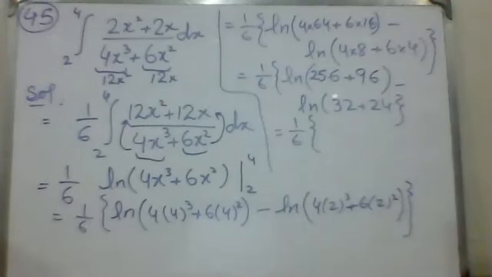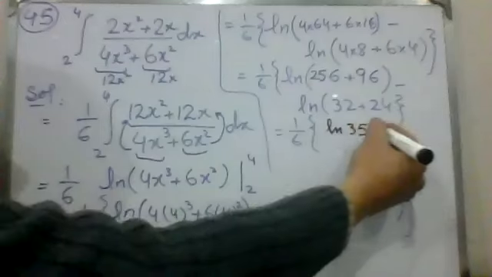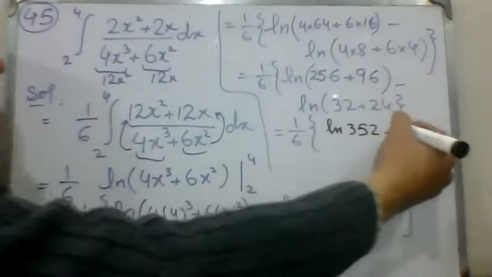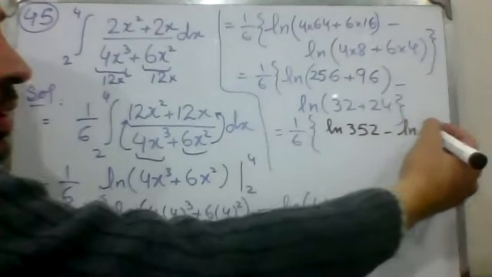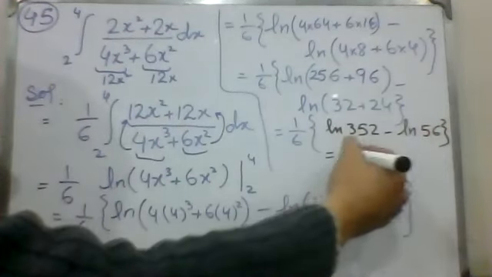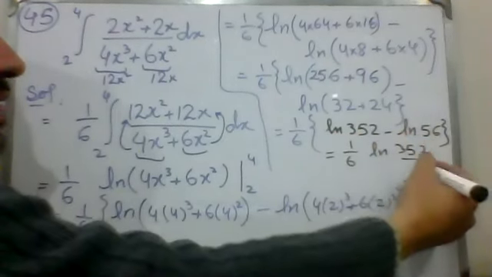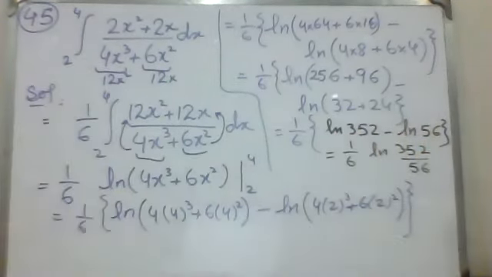We get from here 352, ln of 352 minus 32 plus 24 is what? 56, and divide 1 by 6, ln of 352 divided by 56. Now cancelling and dividing we get the answer. अगर हम इसको कैंसिल करते हैं और सॉल्व करते हैं तो हमारे पास आंसर आ जाएगा।